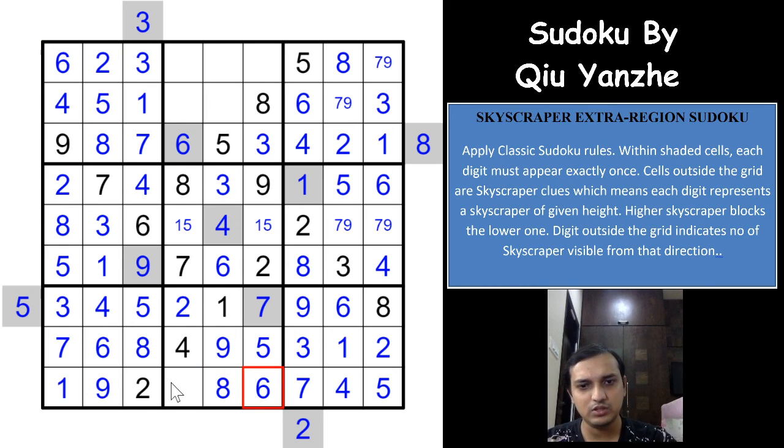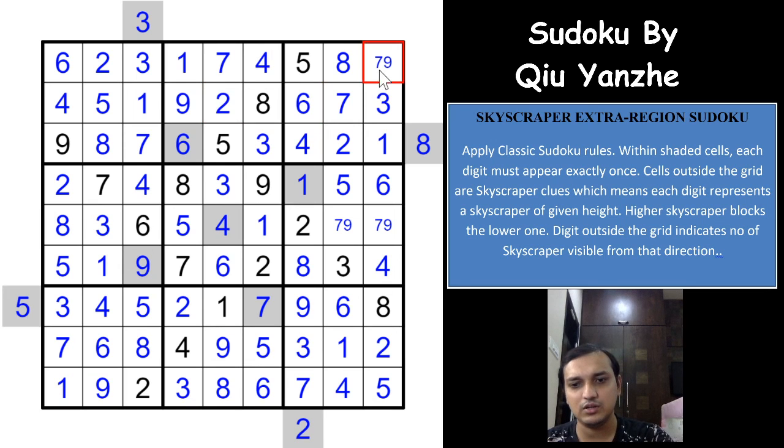And 6 has to be here, a 3 has to be here, and because of the 5 we have a 5 and a 1 here, and because of which we get a 1 here, 2, 4, 7 and 9, right? 4 cannot be here, 4, 2, 7 and 9. 9 is already here, which gives you a 7 here, a 2 here, a 7 here, a 9, a 7 and a 9. This was an excellent Sudoku, friends.